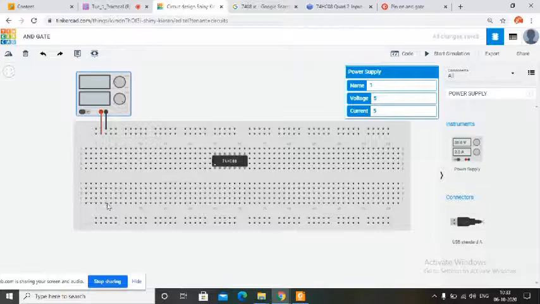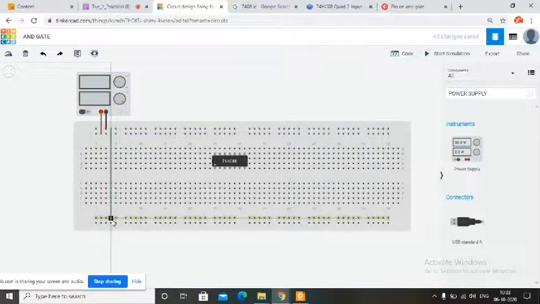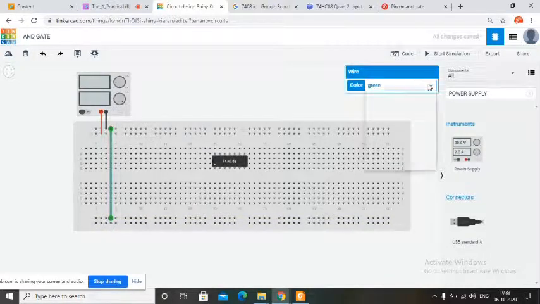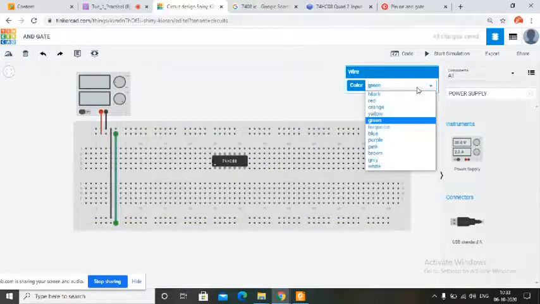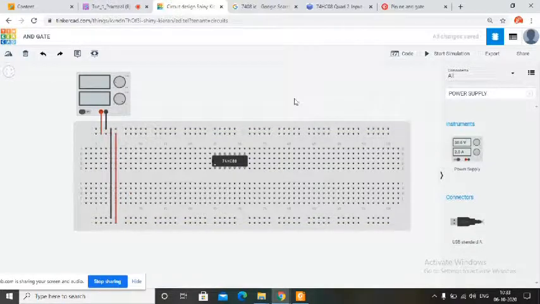Now, if you want to give supply to the lower row as well, what you will do is take the connection from this point. You will join the negative of the upper line to the negative of the bottom line, right? And change the color to black. And positive, you will connect positive with positive, and as it is, you will make it red, right? This much clear? Yes, sir. This is how we have given the power supply.